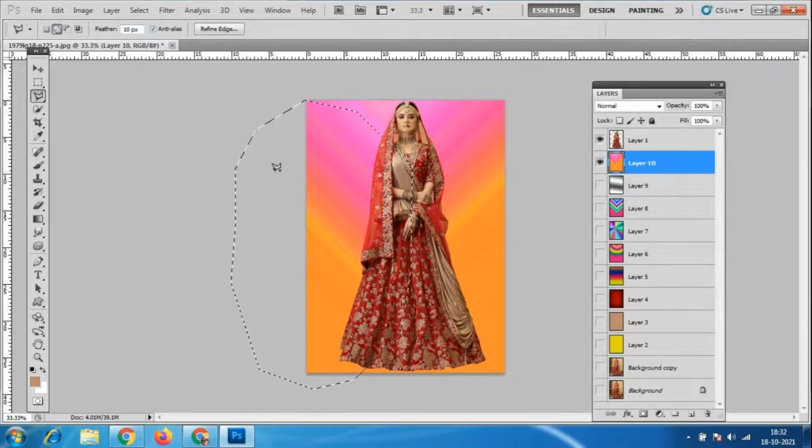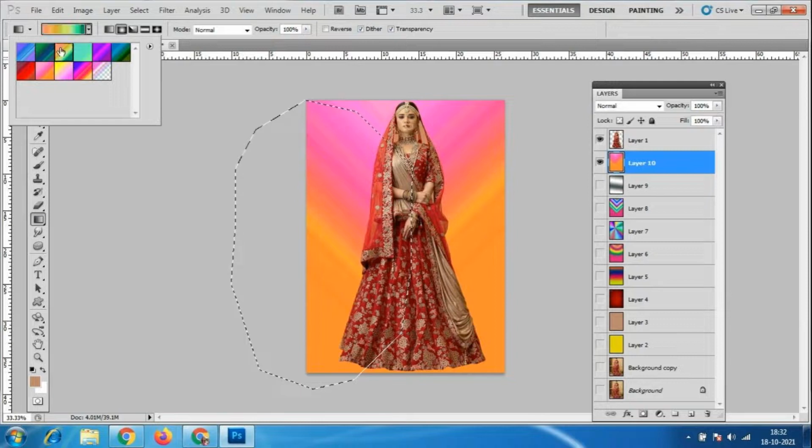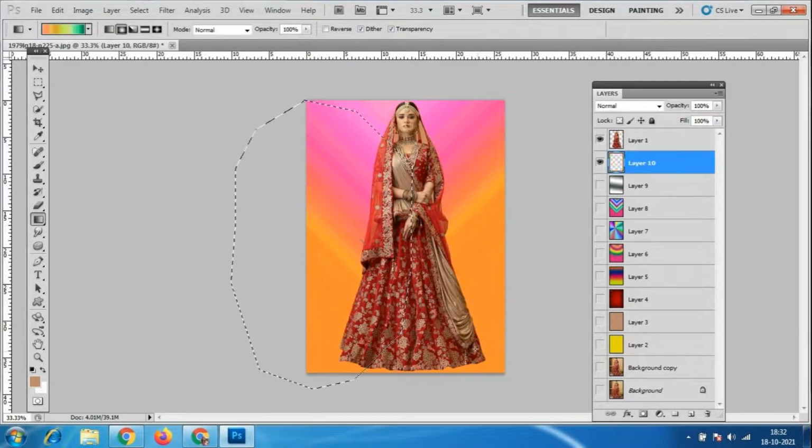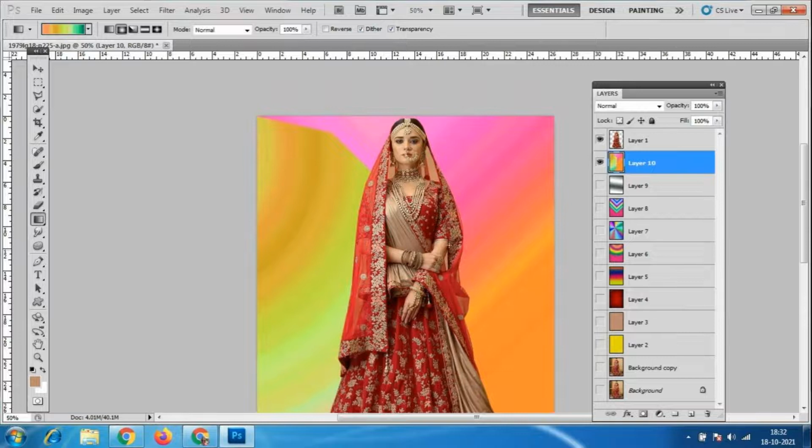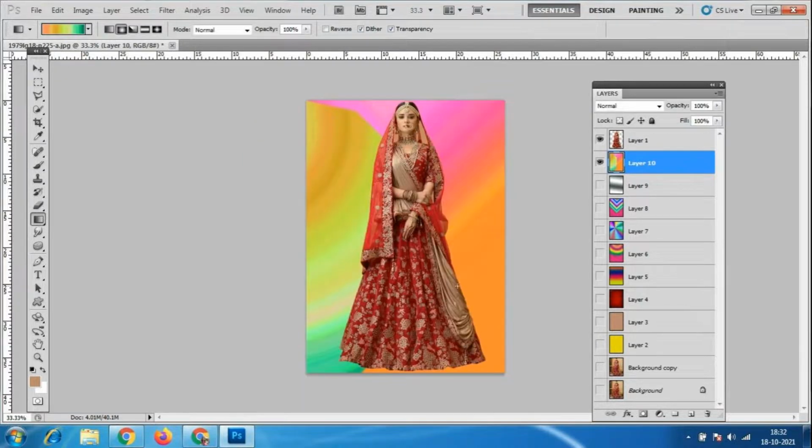Okay, so the smoothness will be more. Then I'll go to this gradient color. I want to merge with the same color. See the smoothness, it has not taken that much. Only very little smoothness will be there. Okay, so like that.